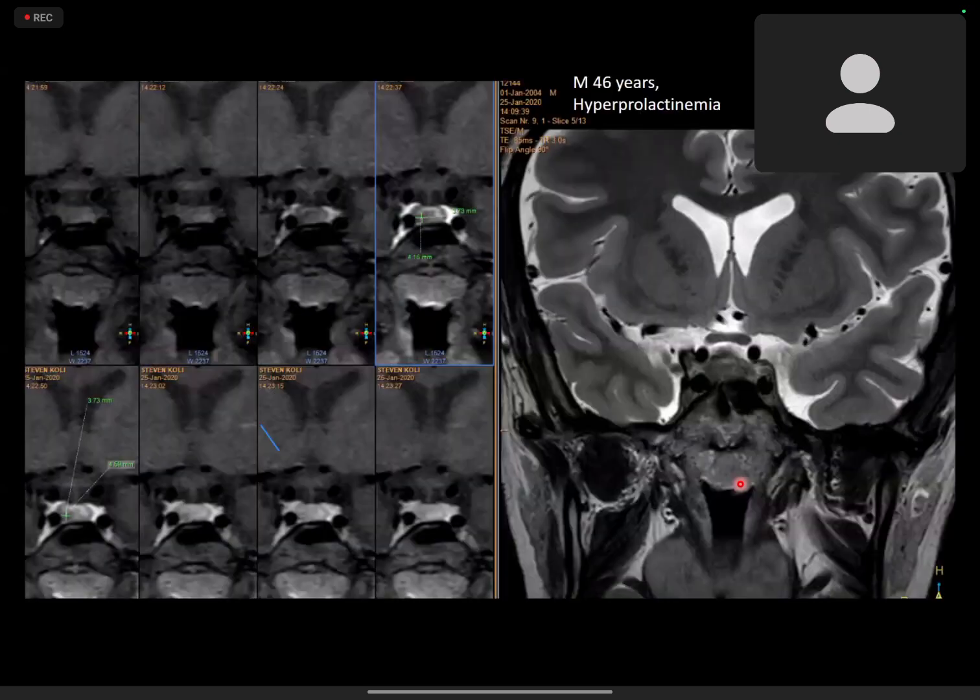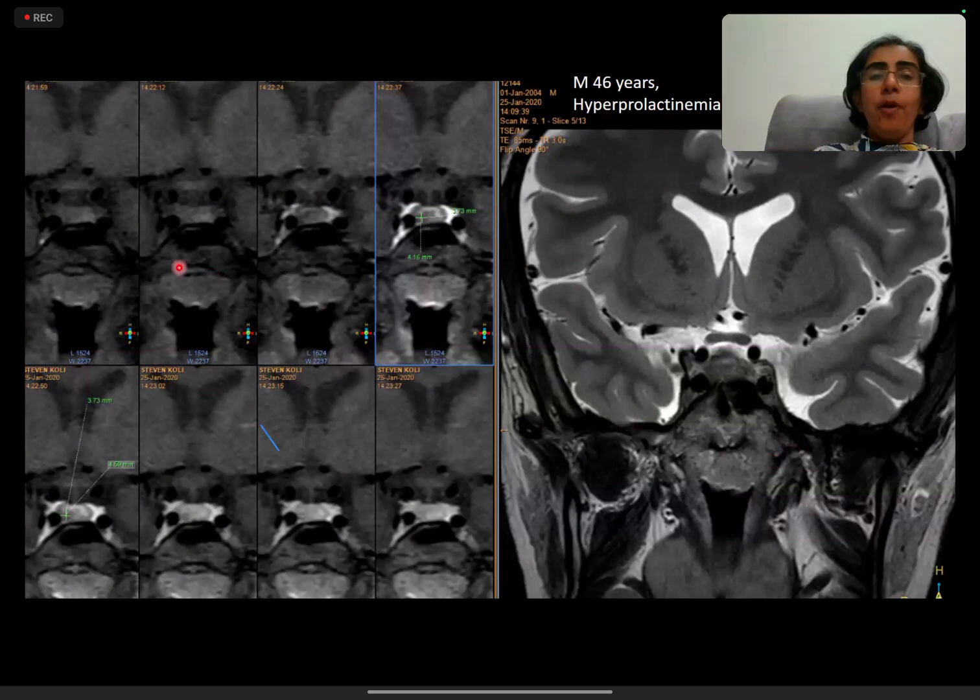Very nice. Excellent. So this is the full panel of the dynamic images, which shows that as the contrast goes into the pituitary gland, which actually lacks the blood-brain barrier, the lesion is not enhancing, but the rest of the pituitary is rapidly enhancing. Slowly, as more and more of the pituitary gland fills up, even the lesion fills up with contrast in the later phases of the dynamic post-contrast sequence. So when we are evaluating patients with suspected hyperprolactinemia and suspected microadenoma, this dynamic post-contrast sequence is very important, because most likely it will not be seen. It will very rarely be seen on T1 weighted images.